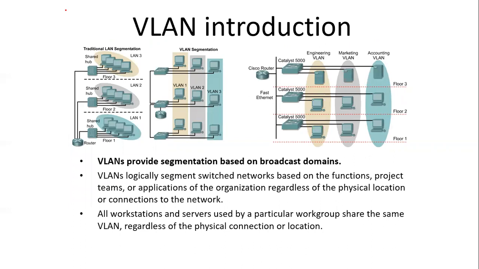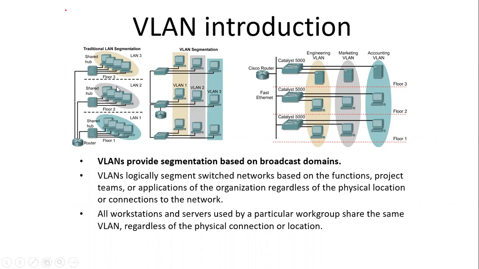Say, for example, we have a LAN for one organization and they have 3 floors. Each floor is having 3 LANs and each group is doing a certain kind of work. Now these are all fixed connections. How is a LAN created? Through the links and with a set of nodes.